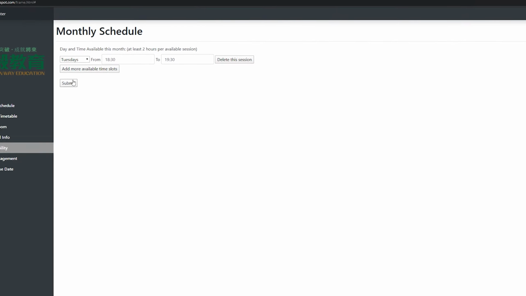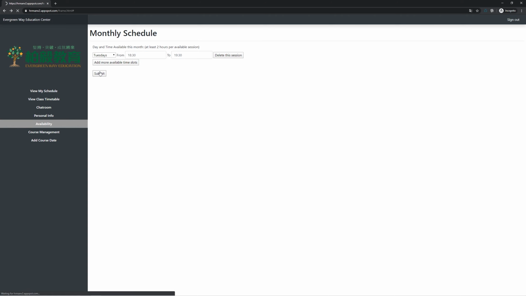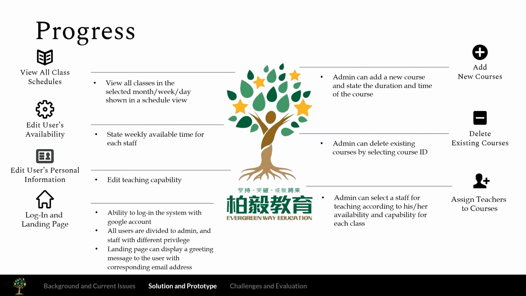By clicking the Submit button, all availability of the staff will be synchronized to the server. I'll pass the time to Gigi for more. Thank you, Jack. Now, I would like to introduce the remaining functions we have included in our current prototype version